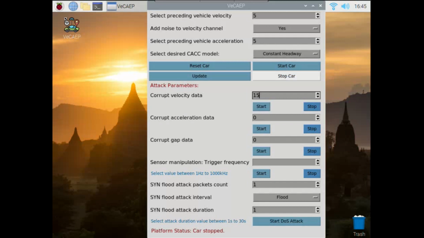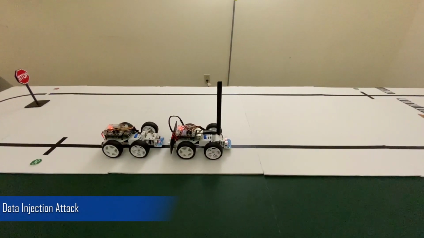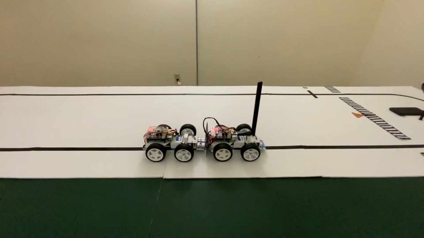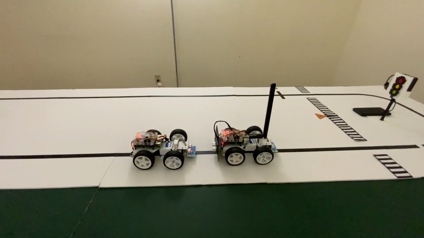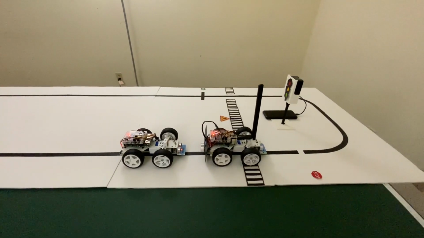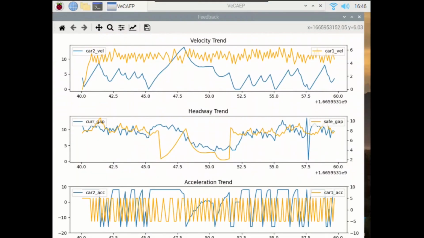Similarly, a higher value of velocity data is entered as false data. In this case, the cars collide with each other as the communicated data is more than the actual values. Different behavior can be seen by selecting other control modules from the GUI. The analysis tool provides respective feedback for the attack scenario, followed by feedback plots, which helps in better understanding of